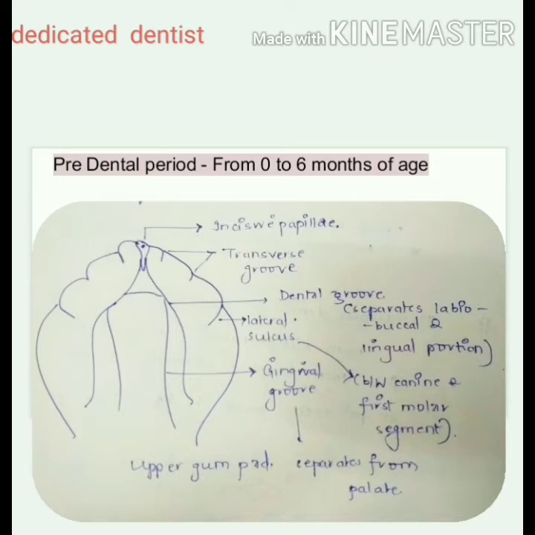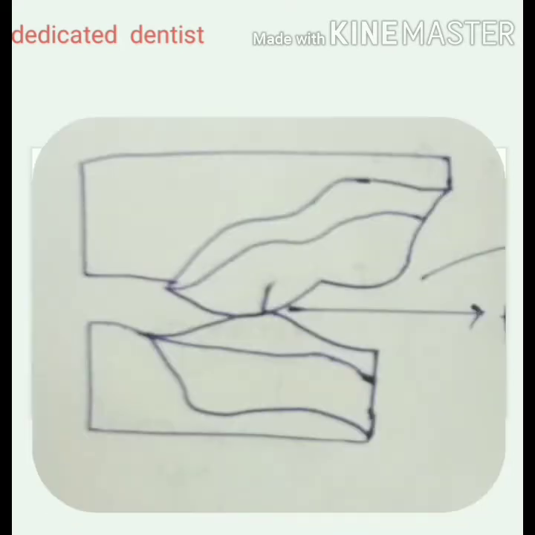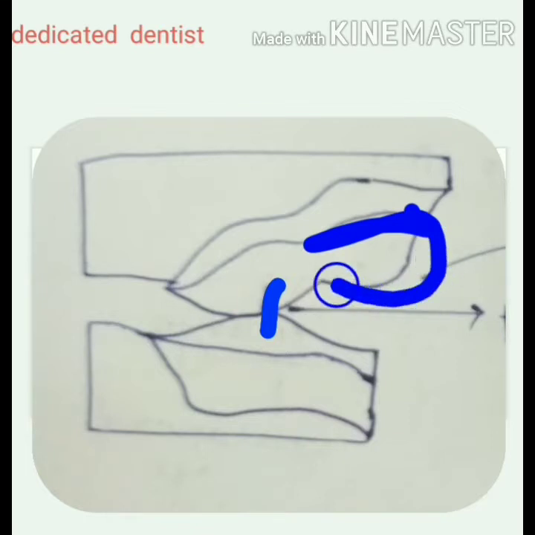So in the pre-dental period up to 6 months of age, there are no teeth present. We are talking only about these gum pads. This is how the contact occurs between the maxillary and mandibular gum pad in the first molar region. And anterior to it, you see there is a lot of space here. This is the open bite that helps in suckling during breastfeeding. Also, there is complete overjet around here. You see how this maxillary gum pad is so anteriorly placed.